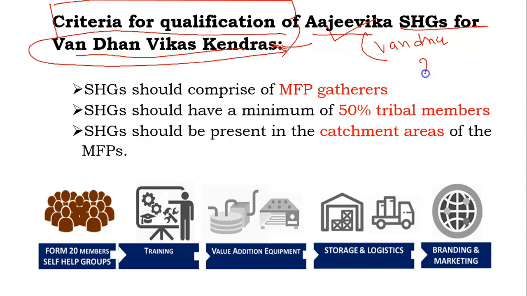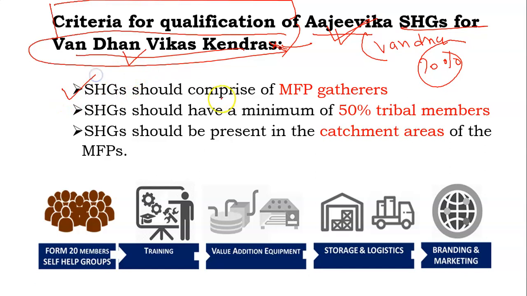Ajivika means the 70% of self-help groups which are going to be developed with the help of Ajivika or DNRLM. So if any person or group wants to take the benefit of this One Dhan Vikas Kendra,